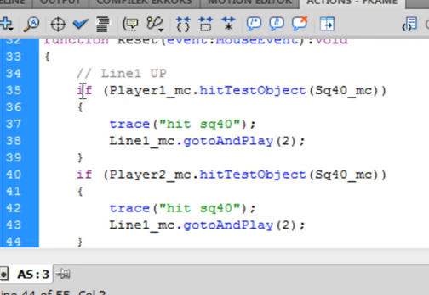It's an if statement. If, open bracket, player1_mc, capital P, period, hitTestObject, open bracket, square40_mc, close bracket, close bracket. Now I'm not going to go through all these words, I'm just going to go quickly through them. Here's the open curly bracket for this if, the close curly bracket. We don't need these traces, so I'm just going to highlight them out for now. I used them when I was troubleshooting. But if this takes place,